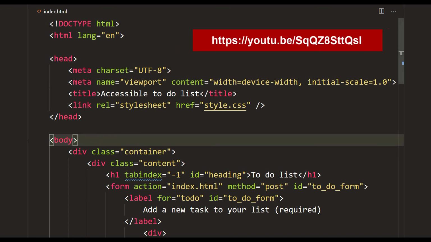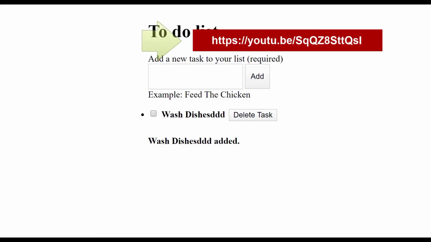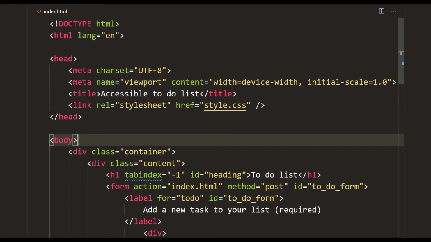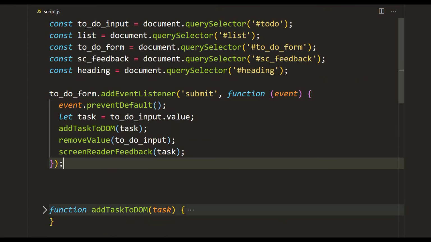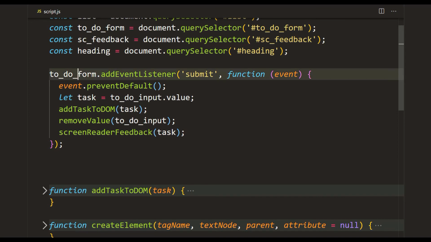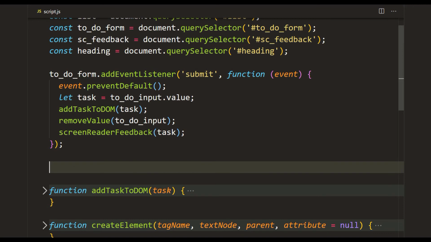If you need more information, there is a great tutorial by the Net Ninja. He explains it even better than I can. So the reason we're doing bubbling instead of just capturing all the delete buttons, excuse me, is because we don't know how many delete buttons are going to be on the page. And when the page initially loads, there are no delete buttons. So if we say all buttons, event listener, on click, delete, this is not going to work because on page load, there are no delete buttons since no task has yet been added.